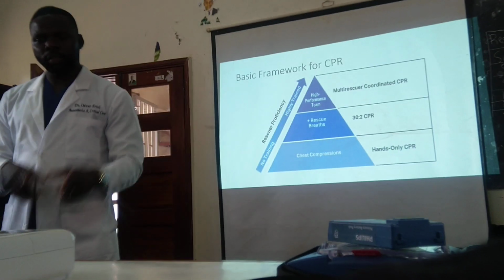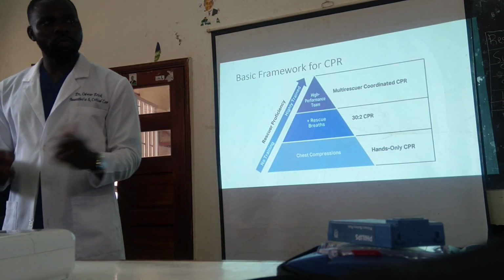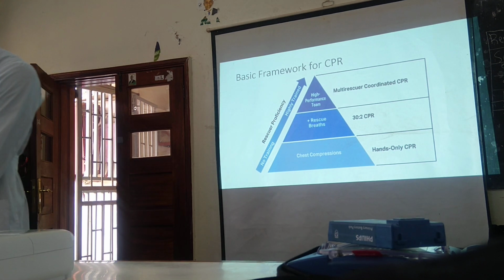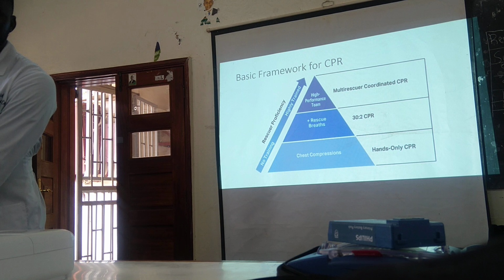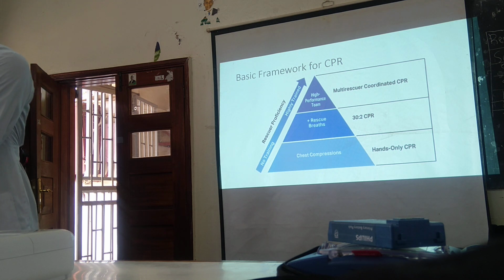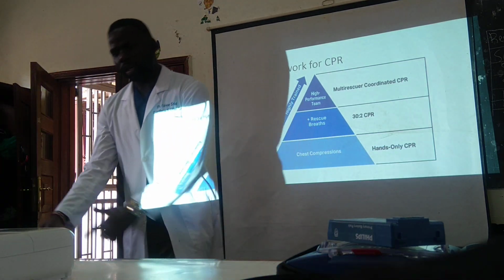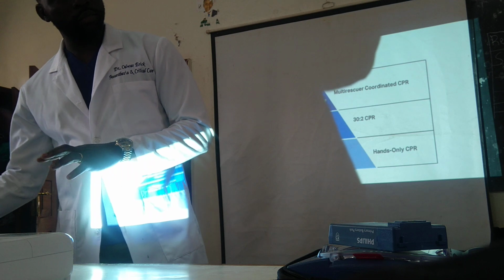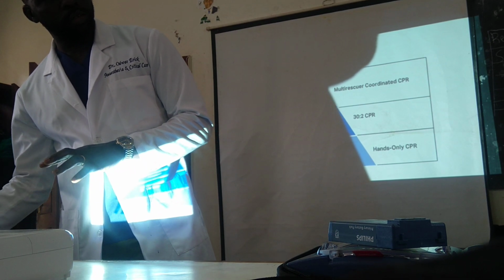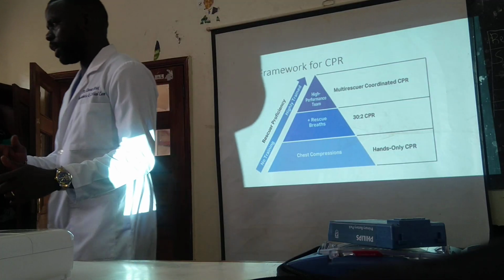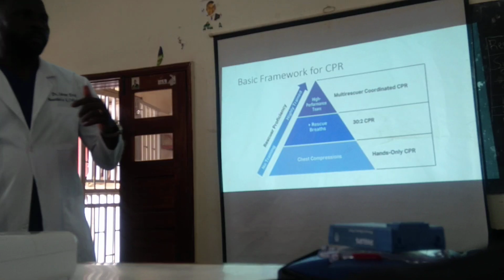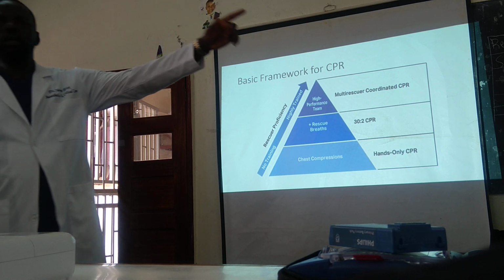So the person going to give the rescue breath, you don't need to rush so much because you still have some time. You come and take over in maybe 5, for example. You leave the rescue breath in 5, 4, 3, 2, 1. Move there and come here. You continue, and when you're tired again, you take over in 5, 4, 3, 2, 1. Take over like that. Communication is very important.